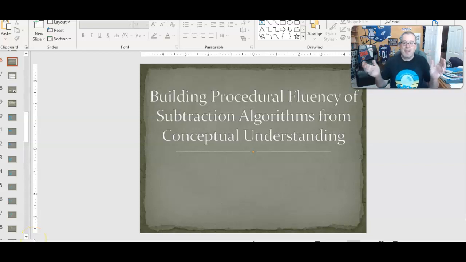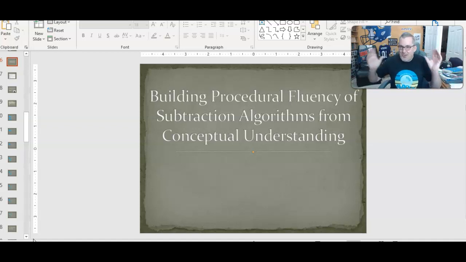We're now going to look at subtraction fluency. Now, what do I mean by fluency? We're going to get into that later. But first of all, I want you to imagine, again, we're thinking about young learners who are immature in their